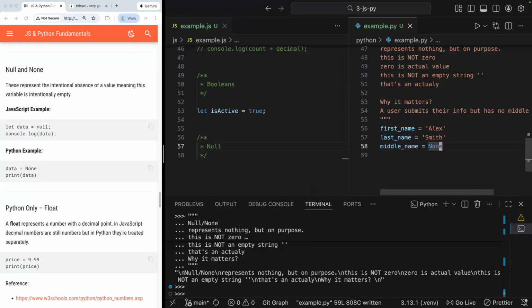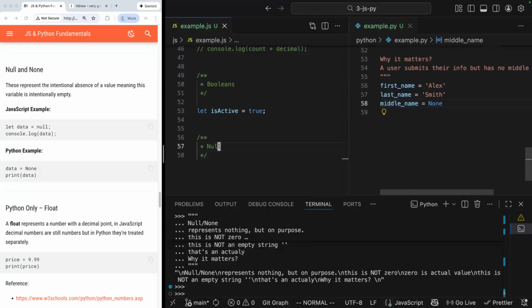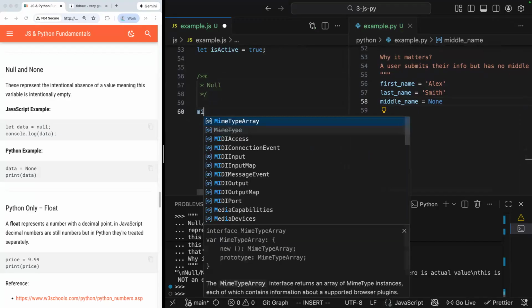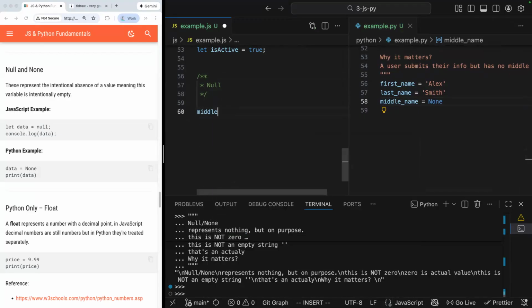This null type is there explicitly to say this variable has a name, because the way we've designed our program, every single user will have these properties, but there is no value for this particular user for that middle name. And in JavaScript, the keyword is null. So middle name here would just be null. And if we print that out,